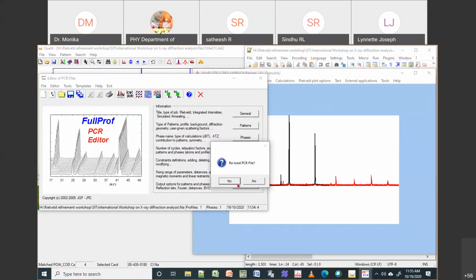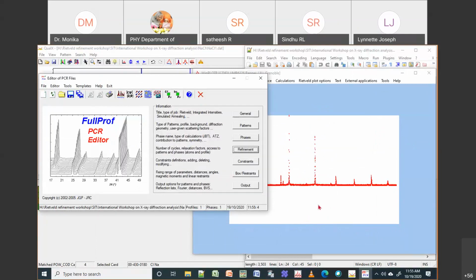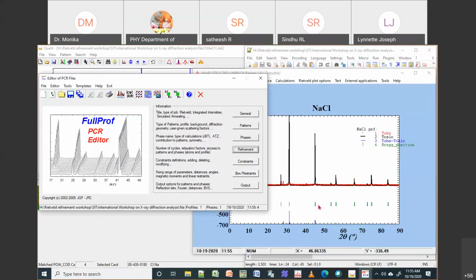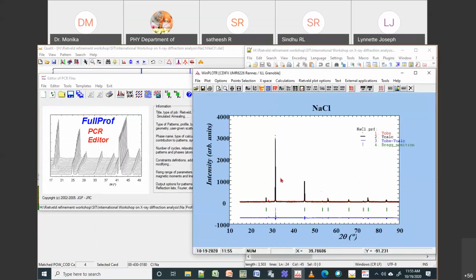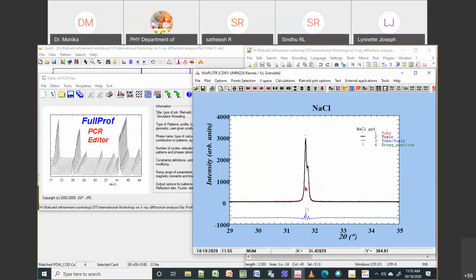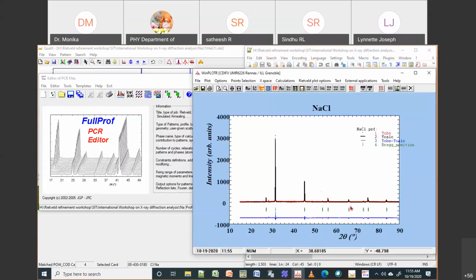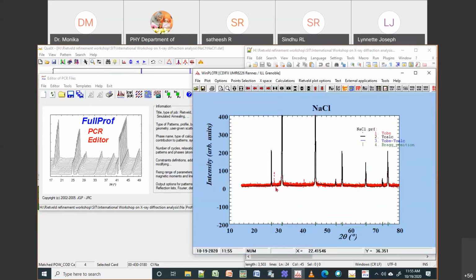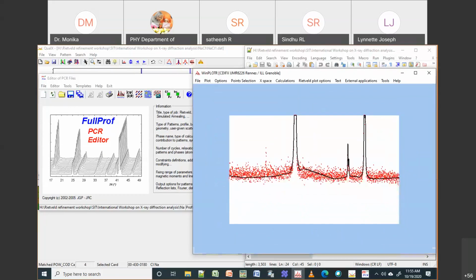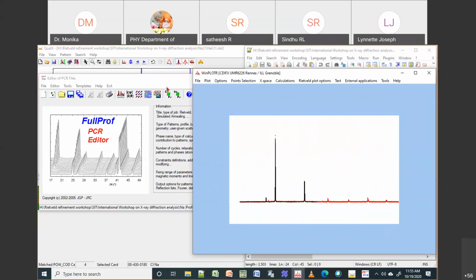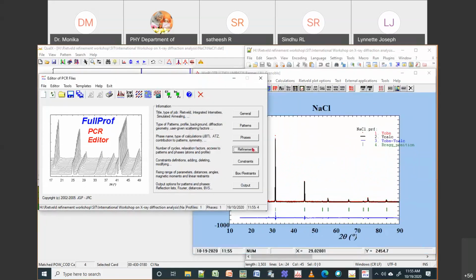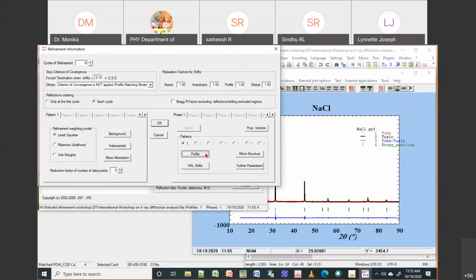and you can see the difference data is somewhat okay. So one thing you can also do is refinement for your background. For example, if you have not taken the background properly, so in this case it has gone up and down. So in that case, what you can do is you go to refinement, you stop your XY.